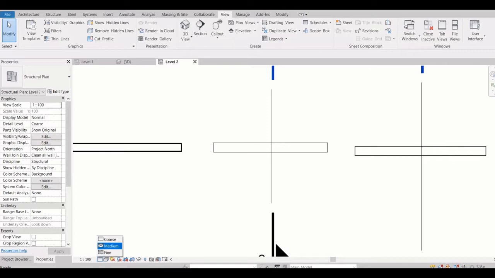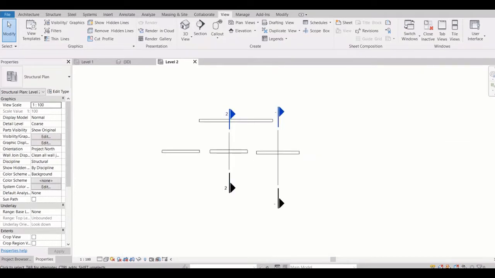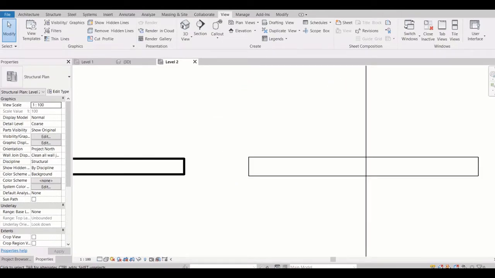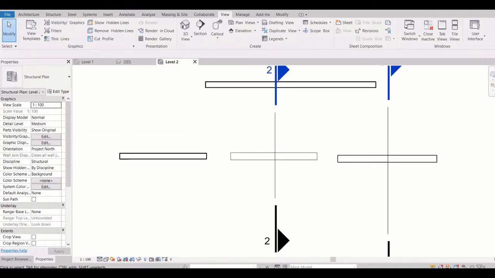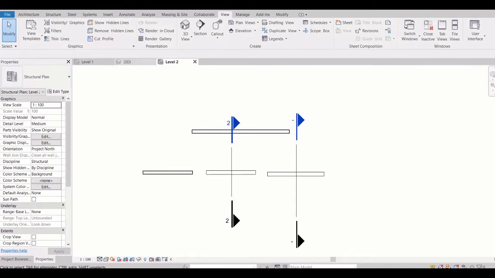The detail level is coarse. So what is the difference between coarse, medium and fine? I'll show you. Right now you can see only thick lines. If I say medium, for concrete that doesn't change. Okay, let me draw steel, then